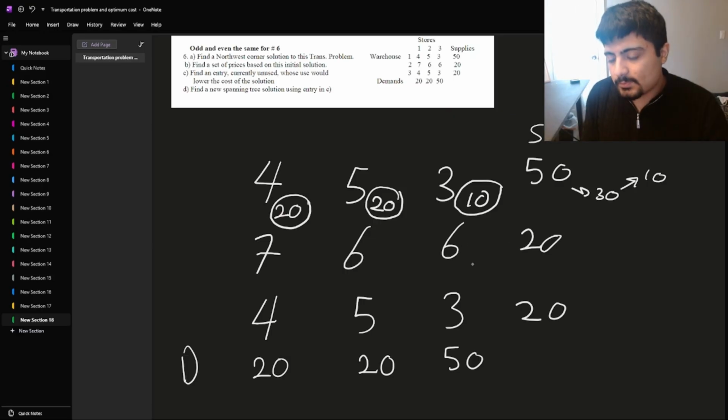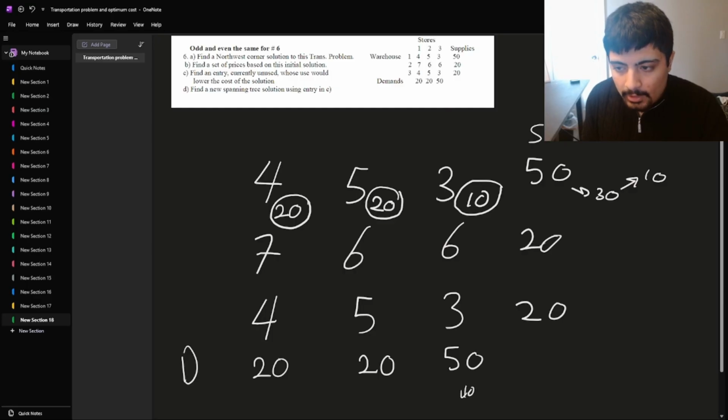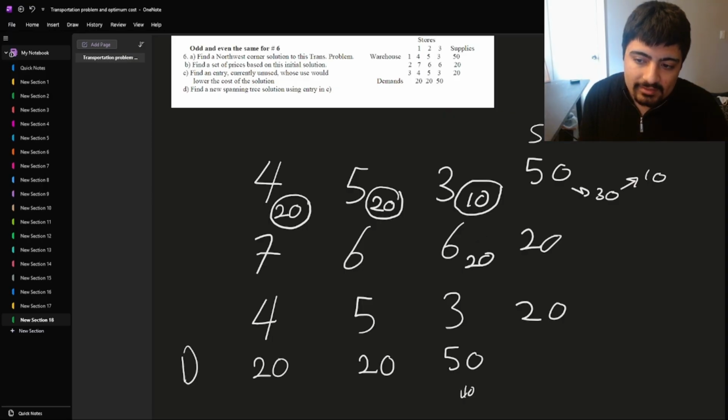Well, this is pretty simple because we have 40 demand left, and the total is 40 also. The first row and the second row also have 20 supplies. So the best thing we can do here is give 20 here and give 20 here, so we would be meeting the 40